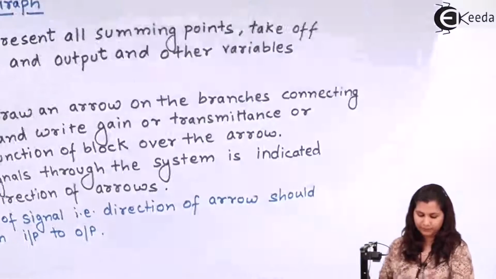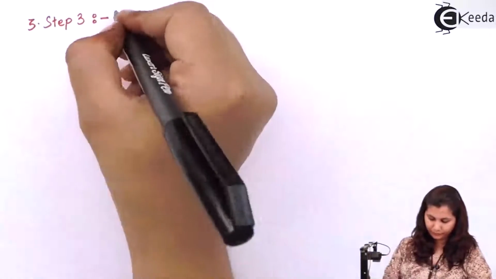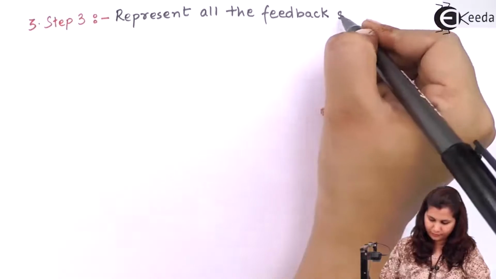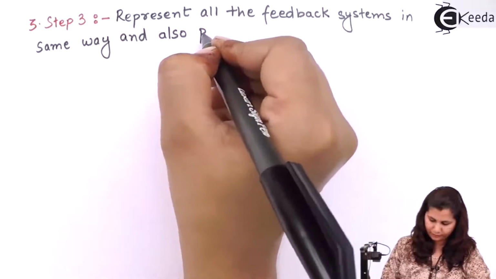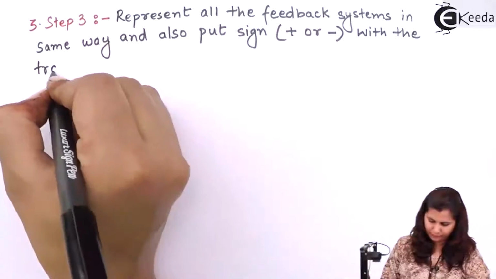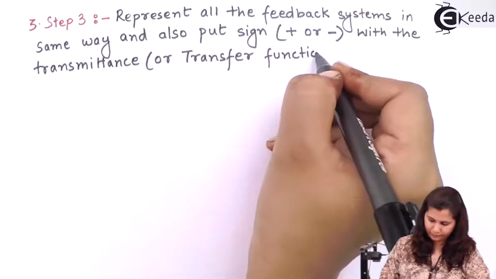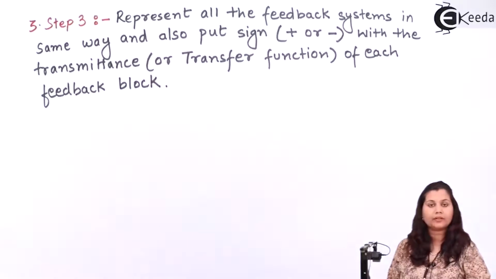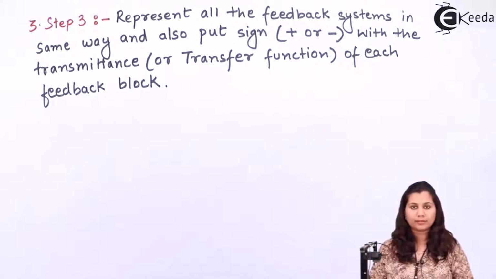So in step 3, you have to represent all the feedback systems present in the control system